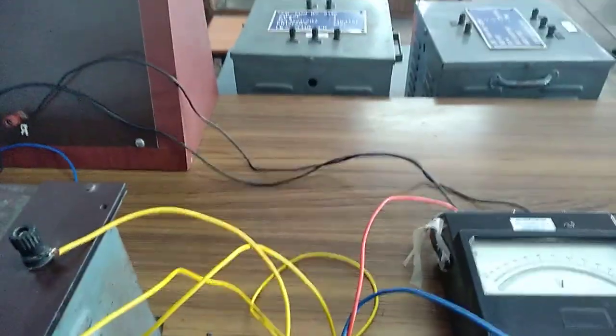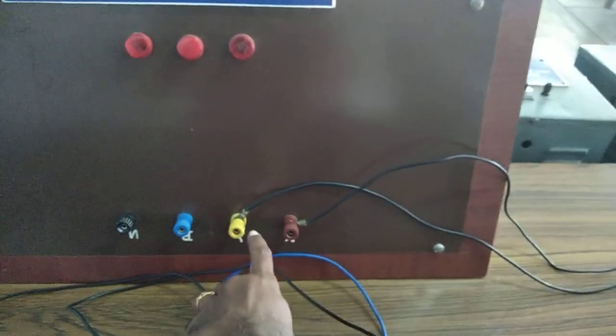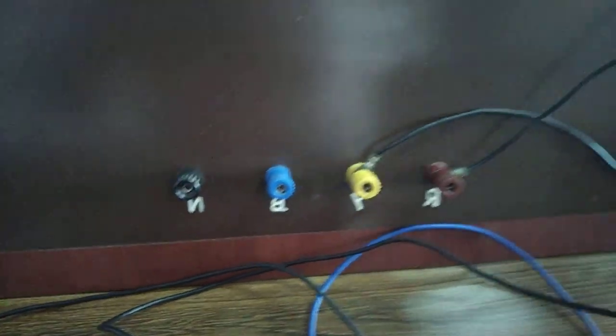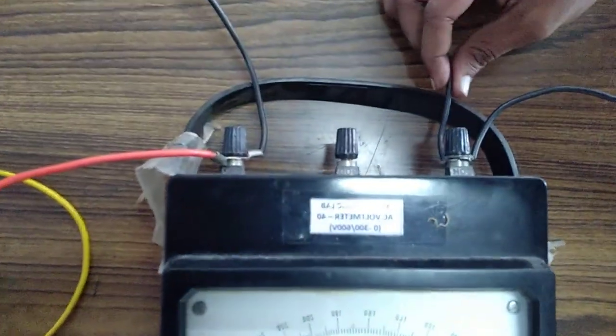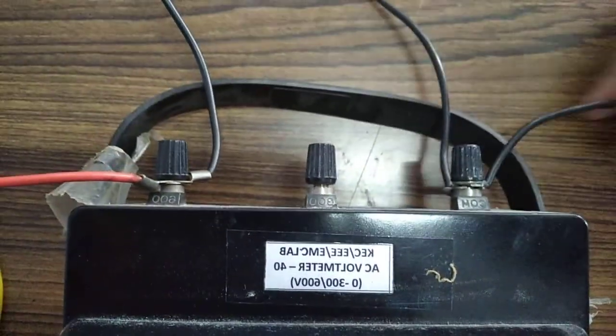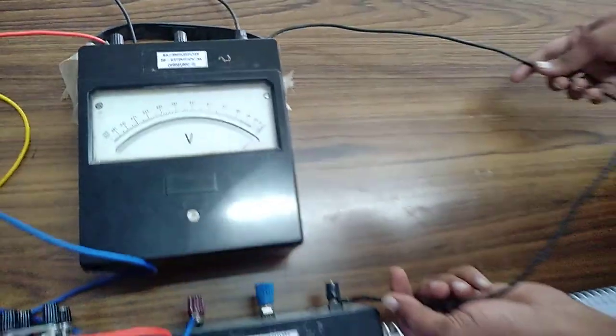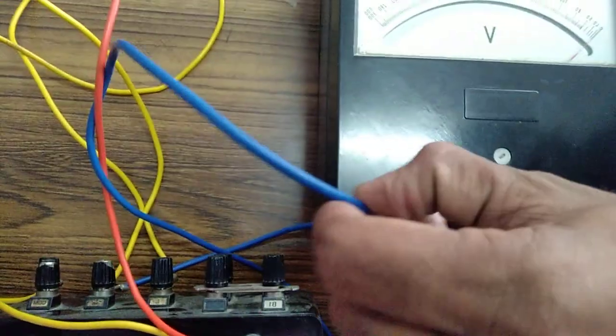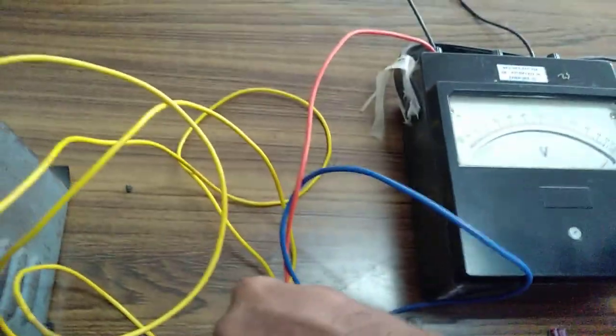Now we see the circuit connection. Here you have a three-phase supply R, Y, B. We want 440 volts, so we take it from the R and Y phases. From the R phase, the connection is given to the common of the voltmeter. From the common, the connection is taken and connected to the ammeter. From the 5 amps of the ammeter, it is connected to the M of the wattmeter. M and C are short circuited with the help of a wire.